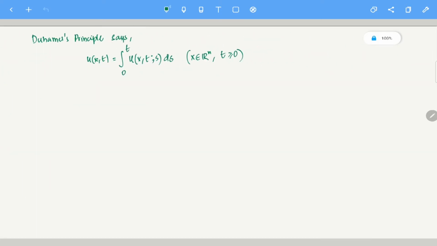Okay, so essentially u of x,t, I am allowing t to be arbitrary, t is between 0 and infinity, that's all. Okay, so integral from 0 to t of u of x,t minus s ds. So this integration is with respect to s, right? Okay, so here x,t is fixed, this integration is with respect to s. Now, rewriting it,